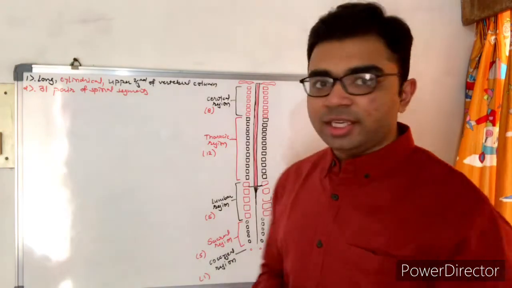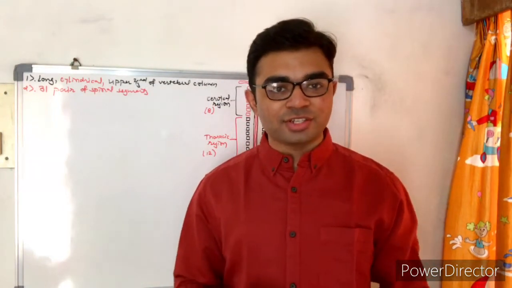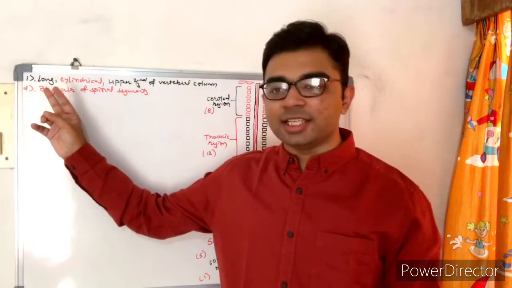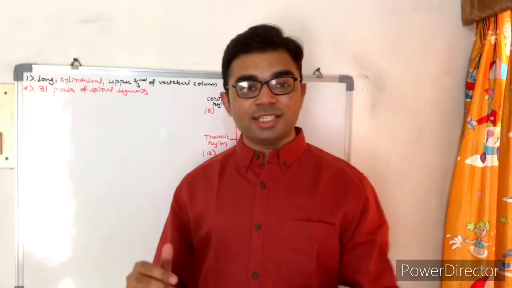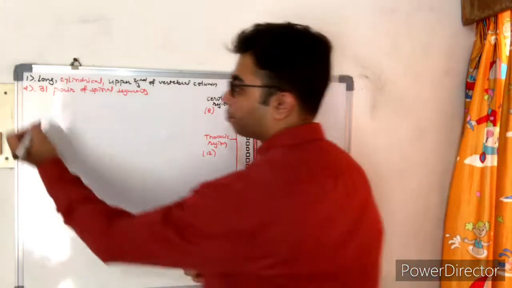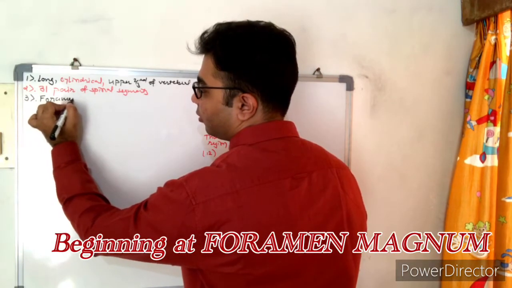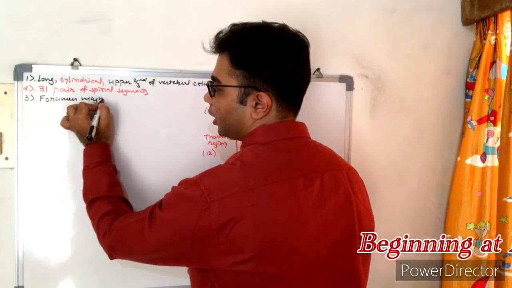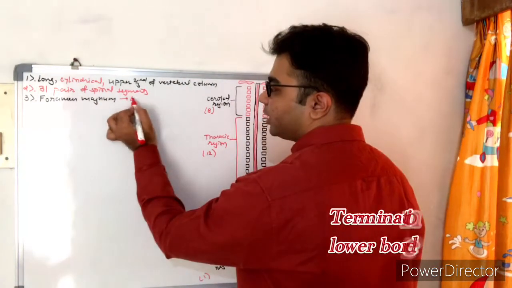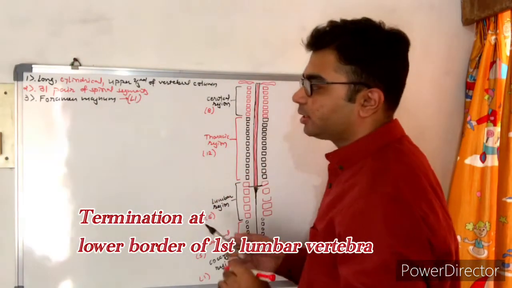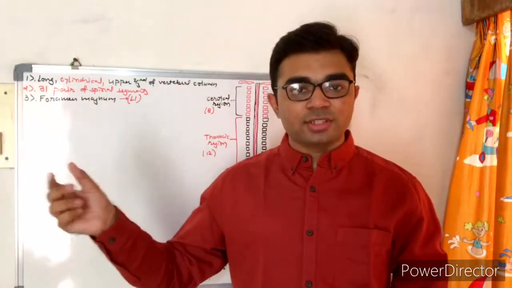So now comes the external features of the spinal cord. Two of them we have already seen, that it is long and cylindrical. The beginning of the spinal cord is at the level of foramen magnum. So let me write it over here. Beginning is at the level of foramen magnum, and it ends at the first lumbar vertebra, that is L1,